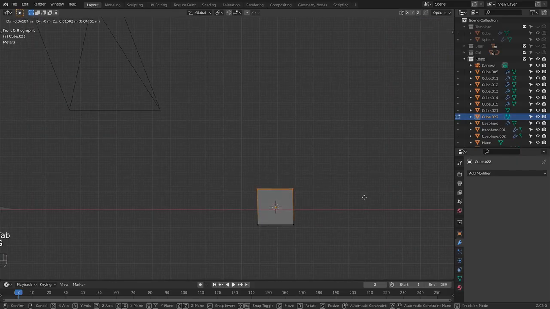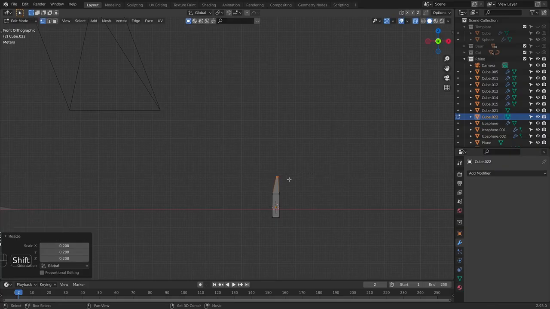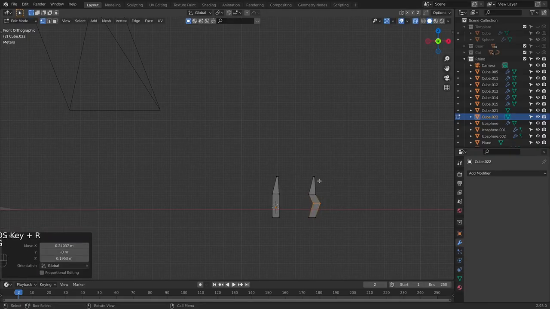In edit mode I'm going to pull this up. Actually, let's go and scale this down. G and Z to pull this up. E to extrude. S to scale. Now I'm going to select this one, and I can go and duplicate this one. I can go and add one more